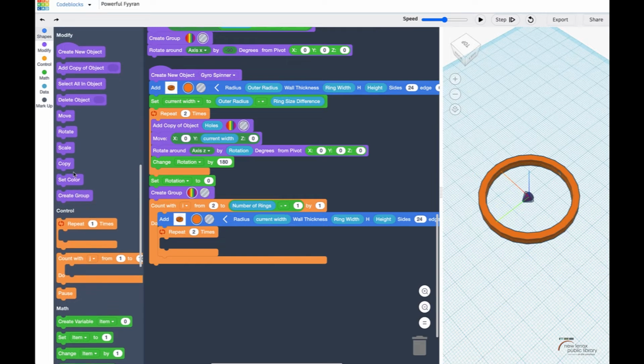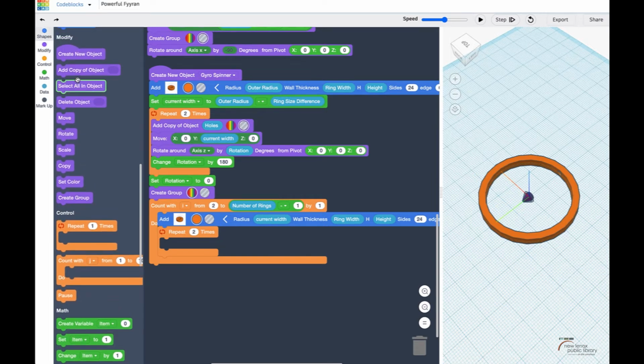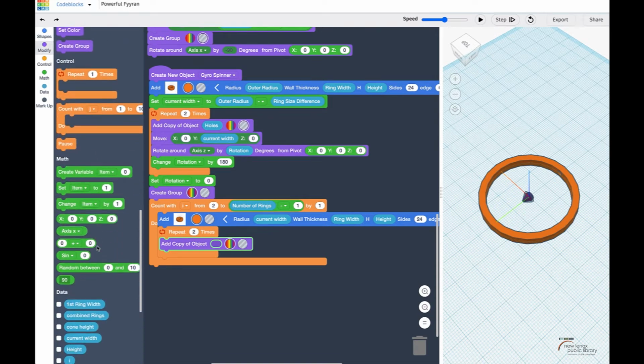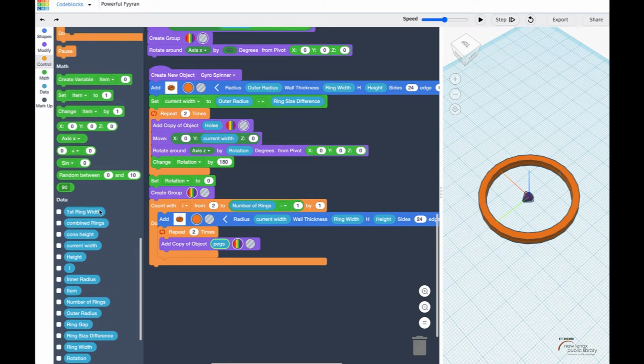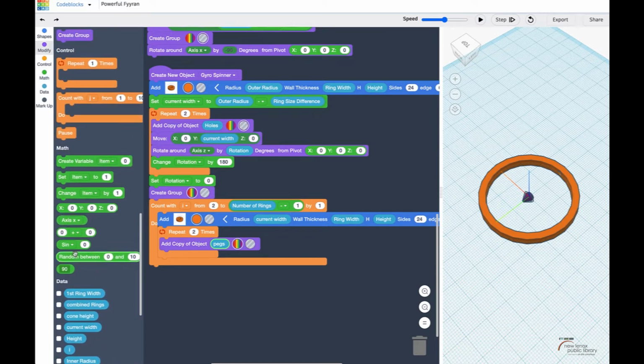So now that we're repeating it, we're going to add all the other data that we have. So this part's the ring, and then this part's like all the holes and pegs that we need cut out. So we're going to find pegs down here. Add pegs. Pegs are going to be solid. We're going to move the pegs to